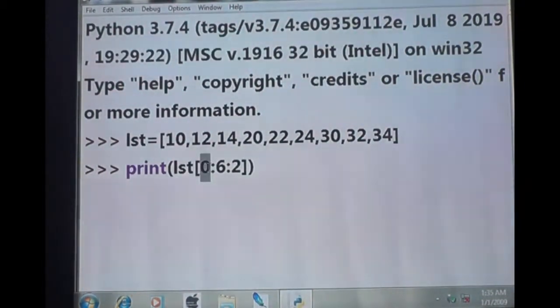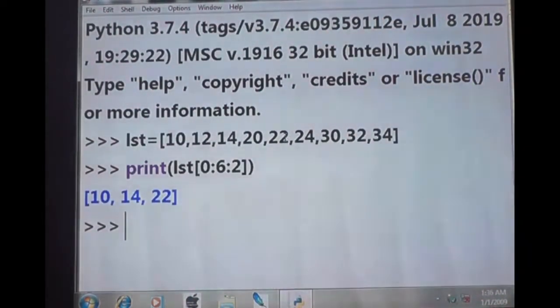You have to start by 0. That means you have to start by 0th index. Okay. You have to increment by 2. That means after 10 you have to choose 14. After 14 you have to choose 22. After 22 you have to choose 30. Okay. So 6th index க்கு முன்னாடியே நீங்க finish பண்ணிரணும். 6th index எங்க இருக்கு? First index, second index, third index, fourth index, fifth index, sixth index. So இந்த 6th index க்கு முன்னாடியே முடிச்சிடணும். So that 22 ஓட finish ஆயிடும். Clear? Okay, so the answer is,